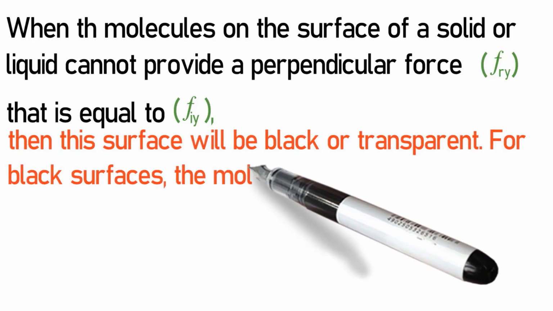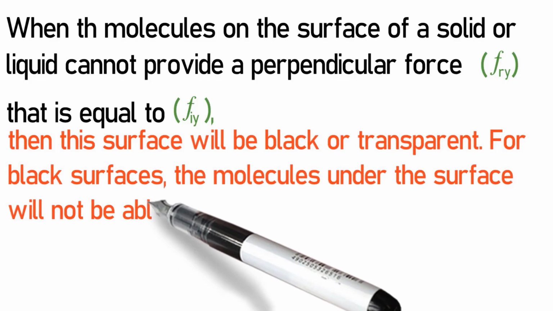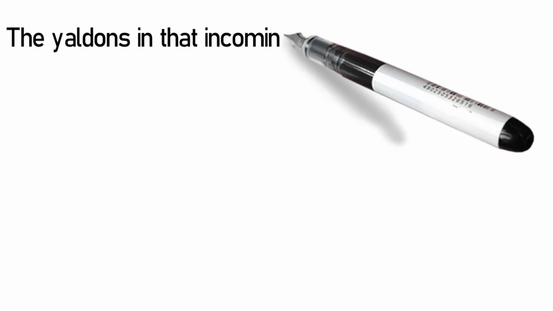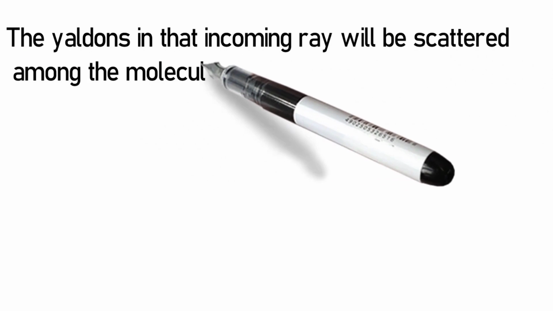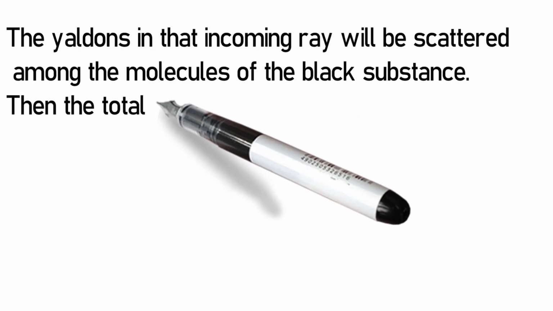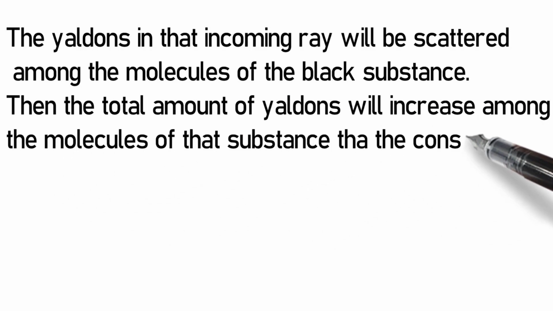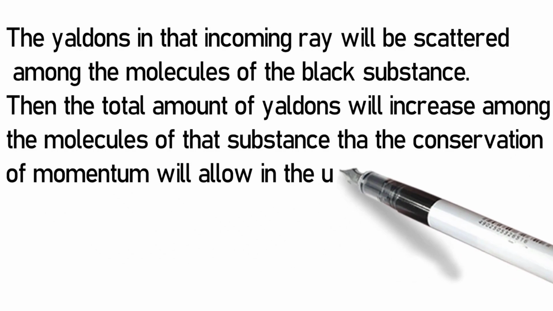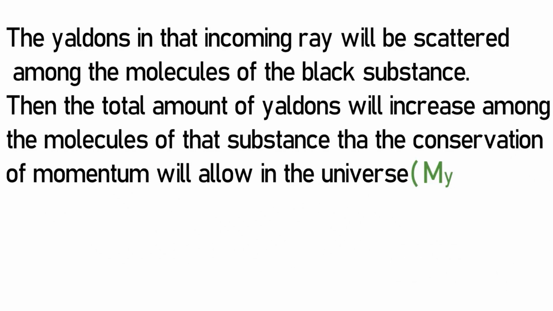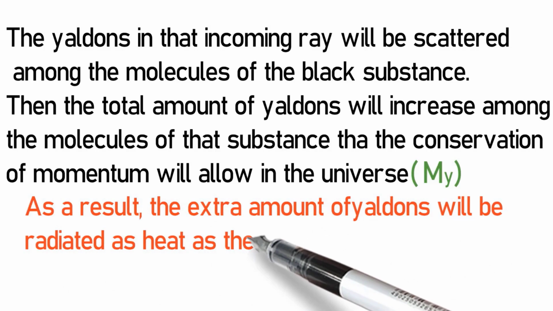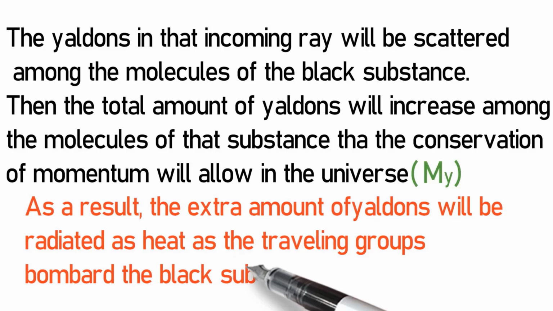For black surfaces, the molecules under the surface will not be able to resonate with the frequency from the incoming propagated ray. The Yaldons in that incoming ray will be scattered among the molecules of the black substance. Then the total amount of Yaldons will increase among the molecules of that substance, then the conservation of momentum will allow in the universe, m sub y. As a result, the extra amount of Yaldons will be radiated as heat as the traveling groups bombard the black